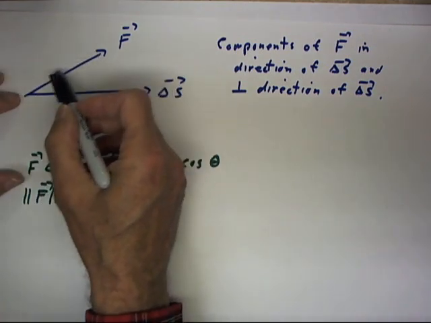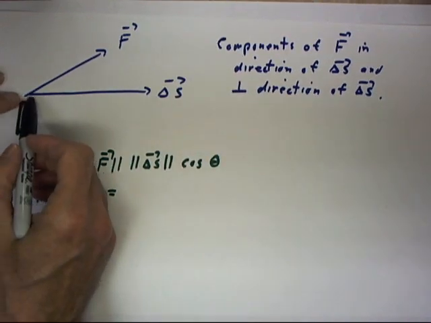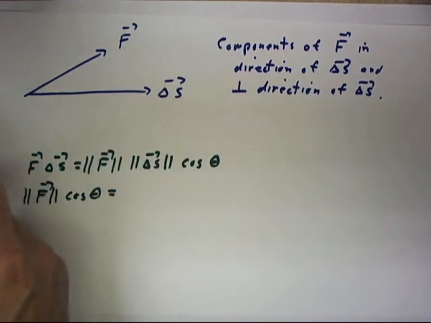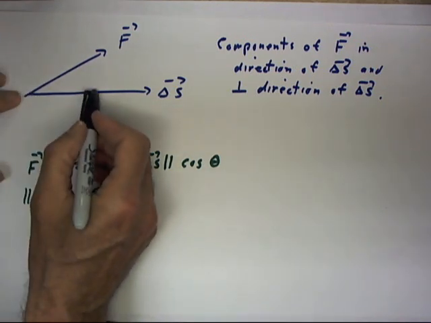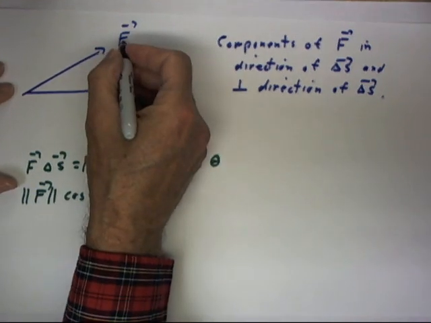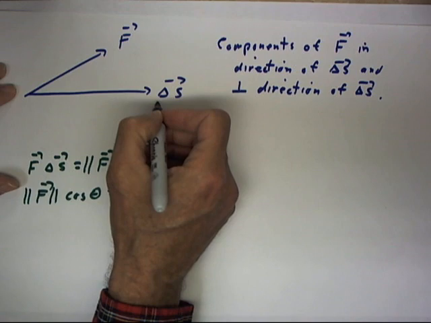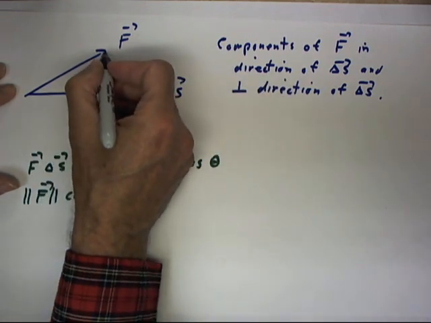Let's suppose that F represents a force vector and delta S represents a displacement vector. The force vector has components parallel to delta S and perpendicular to delta S. To find the component of F that's parallel to delta S, or the component of F in the direction of delta S, simply